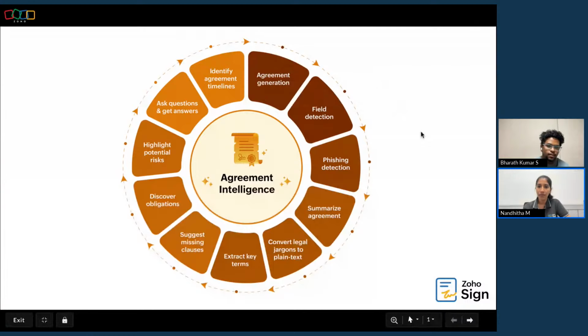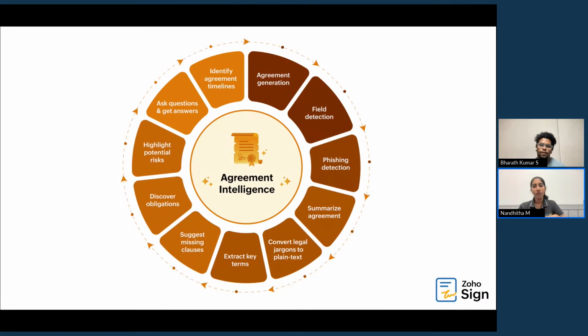Thank you so much. That actually gave us quite a holistic idea of what we are going to be doing when it comes to AI in digital signatures and what to expect from Zoho Sign. So let me also show our audience a quick image of what exactly we have. So this is our set of agreement intelligence capabilities that we are offering. Just like Bharat said, we start right from the point of agreement generation to the end point, that is when you have deadlines and milestones that you want to check when an agreement is signed. This entire process is taken care of by Zoho Sign's agreement intelligence support.